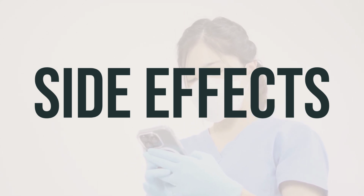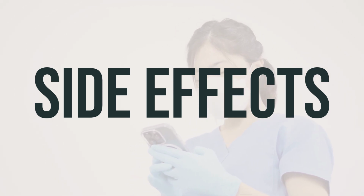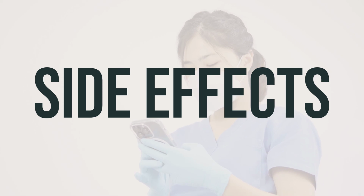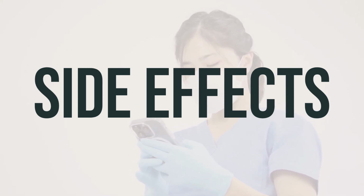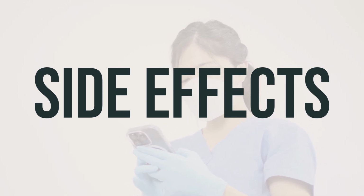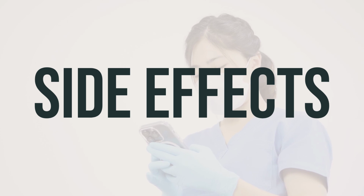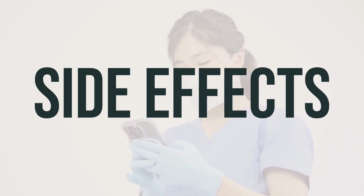your doctor right away. Ofatumumab may also cause side effects due to the rapid destruction of cancer cells, known as tumor lysis syndrome. Your doctor may prescribe additional medication and advise you to drink plenty of fluids to lower your risk. If you experience symptoms such as low back/side pain, signs of kidney problems, or muscle spasms/weakness, it's important to